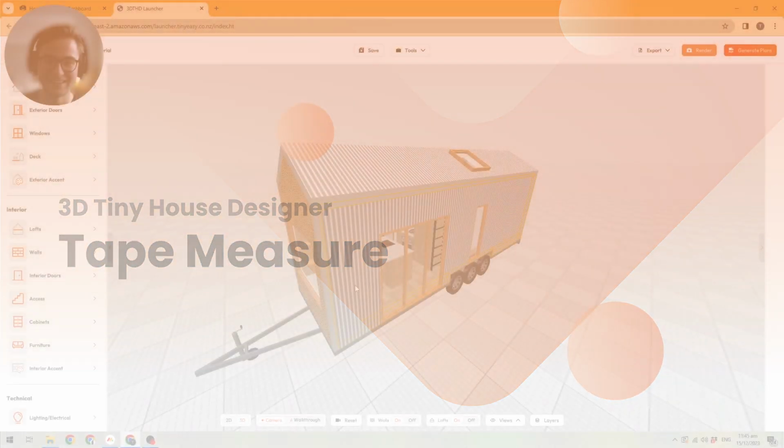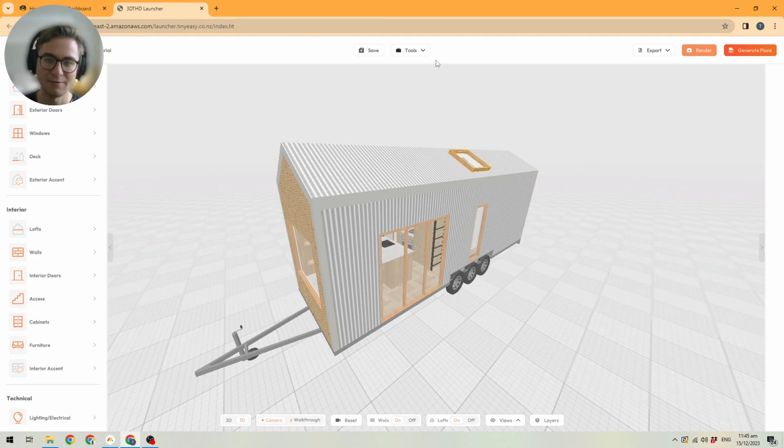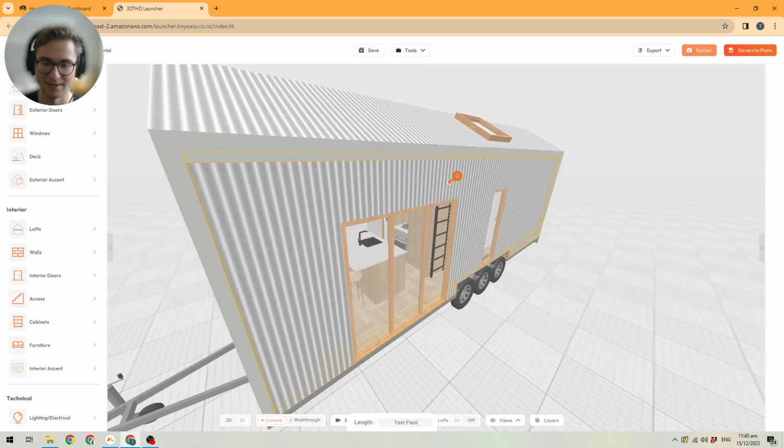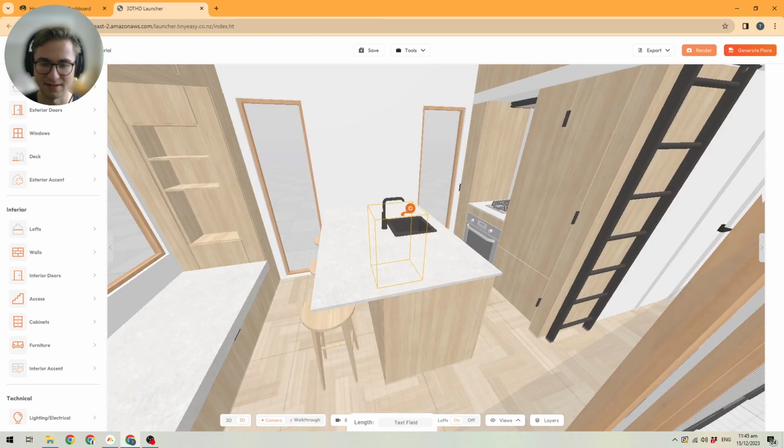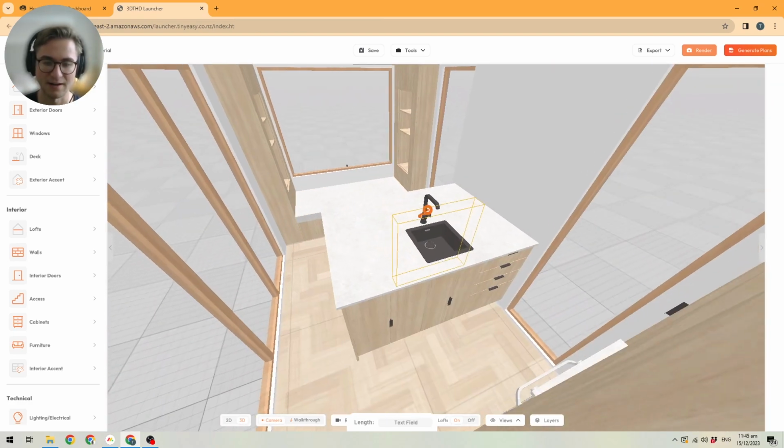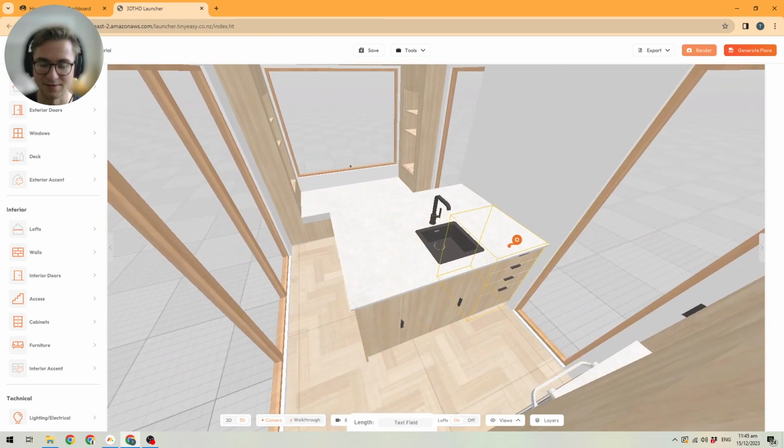Let's have a look at the tape measure tool. What I will do here, I will click on my tool bar here and we will find the tape measure tool. So this will bring up this tape measure looking item and I can go in and start measuring a distance. So let's say if I want to figure out how wide my countertop here is or how wide my